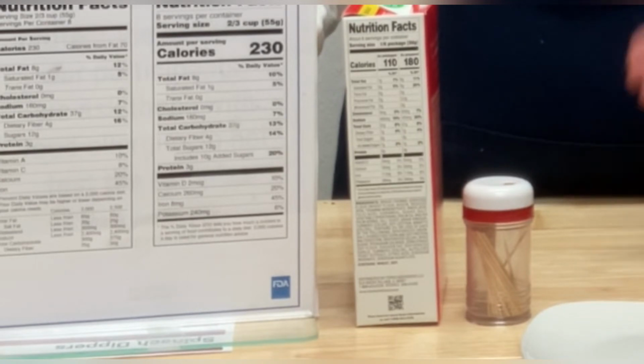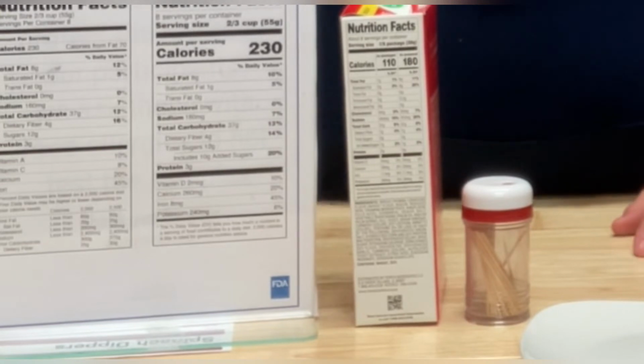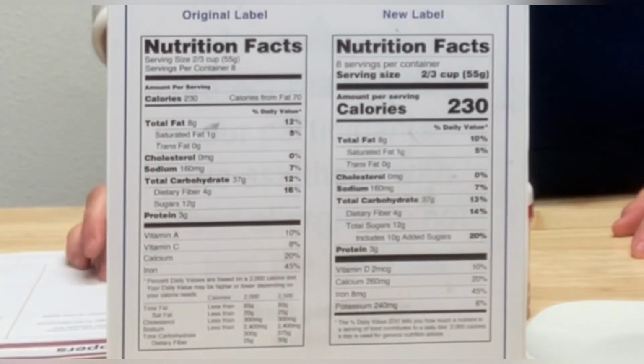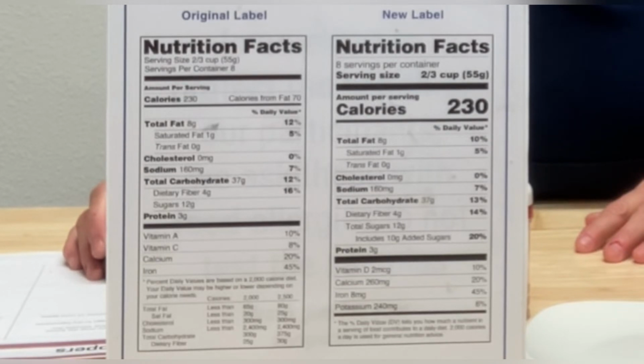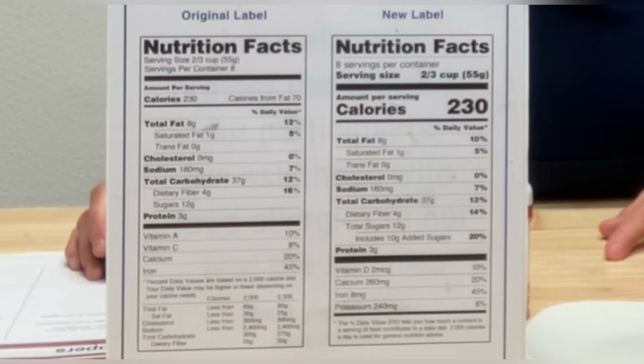Then the next area you'll see is calories. I'm going to put this closer, and then you can see those a little closer up. So the next section is calories, and for each serving size, we went through that. They based it on servings, not a whole container. Okay, total fat is next, and 4 major groups of dietary fat are